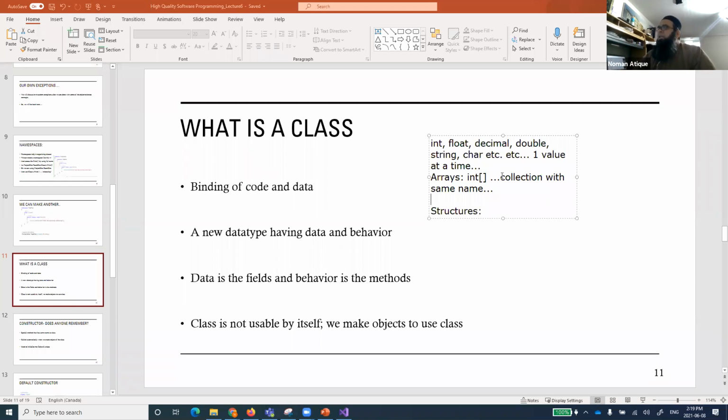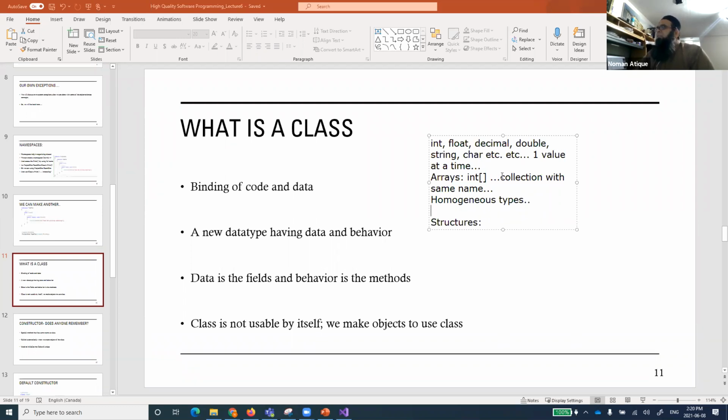But there was a problem with arrays as well. You can call it a problem or a feature: the values in arrays needed to be of homogeneous types. Remember, if one of the values is int, all the values should be int. So it had this inherent problem that I could not collect multiple types of data together in the array.